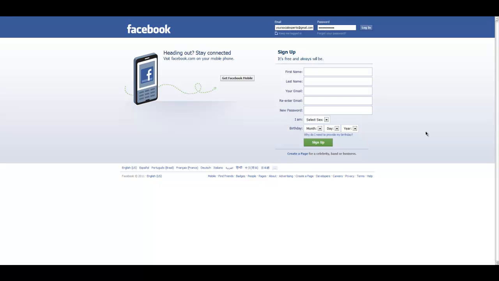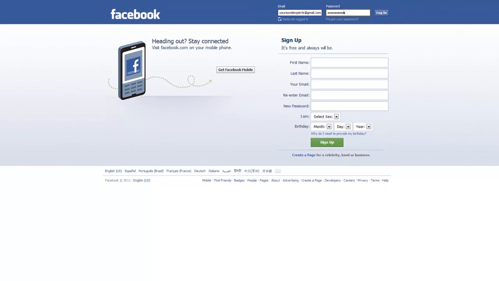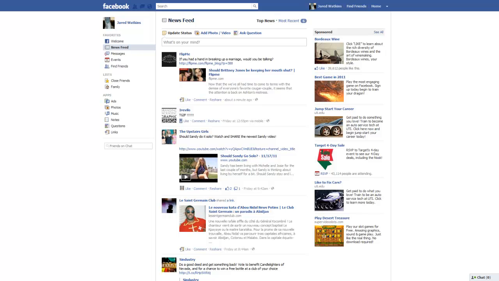Wanted to take a brief moment and show you how to successfully create an ad in the Facebook ad platform. The first thing that you're going to need to do is log into your Facebook account. Once you've logged into your Facebook account and you've got your wall and news feed, you're going to want to